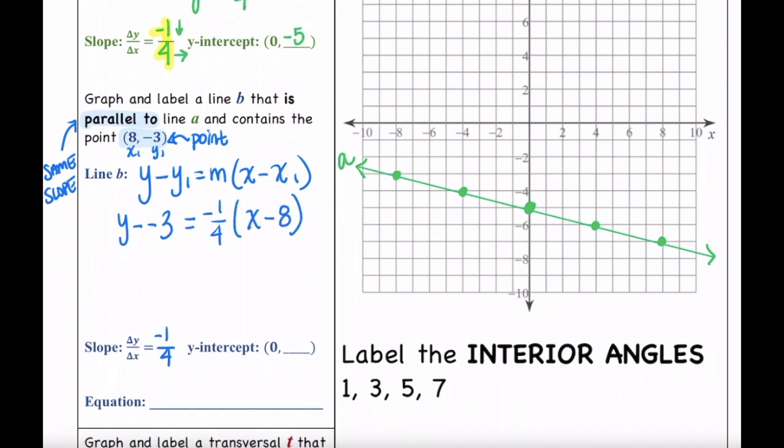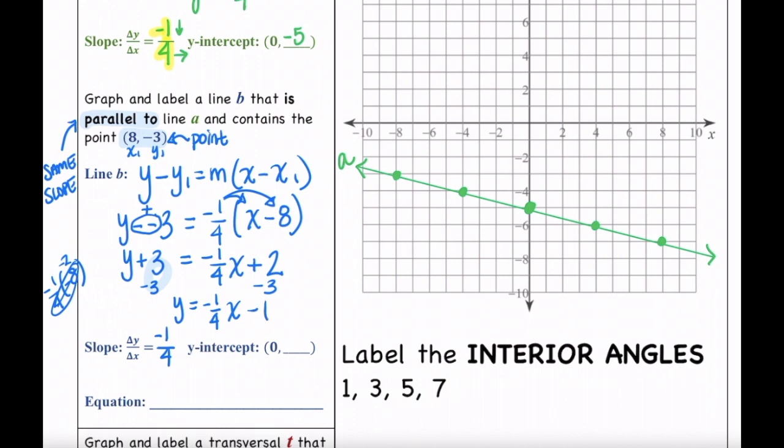All right, so now that it's at least in an equation, we can go in here and convert. The first thing I'm going to do is change this subtracting a negative into adding a positive. So that would make this y plus 3 equals, and now I'm also going to distribute on this side. Negative 1/4 times x is negative 1/4 x. And a negative 1/4 times a negative 8 will definitely be a positive. 8 divided by 4 is 2, so that's plus 2. Now subtract 3 from both sides to make that 0 term on the left, and we have y equals negative 1/4 x